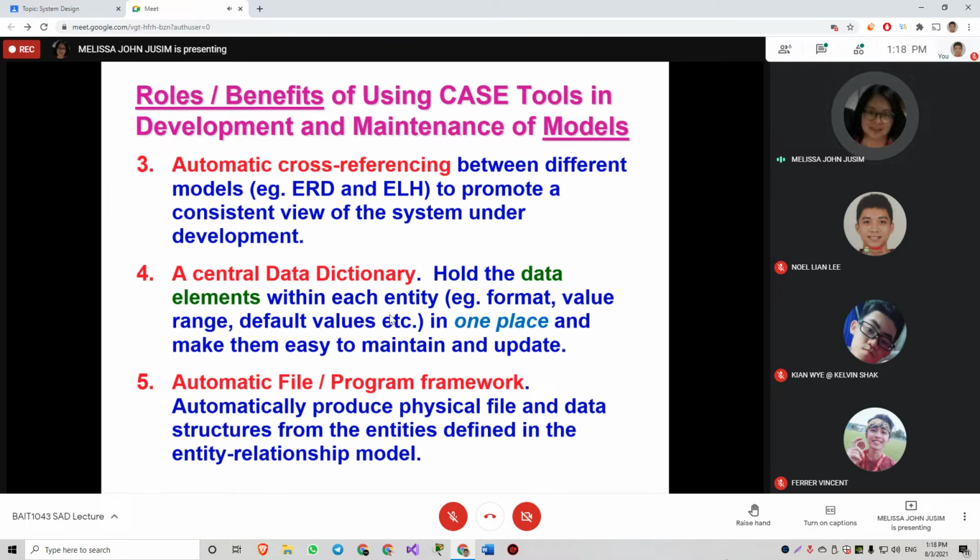Eclipse, I'm not sure whether we can use Eclipse for drawing diagrams. NetBeans, we cannot use it for diagrams, it's more for programming. Here, CASE 2 is more on the modeling, yeah, more on the modeling.